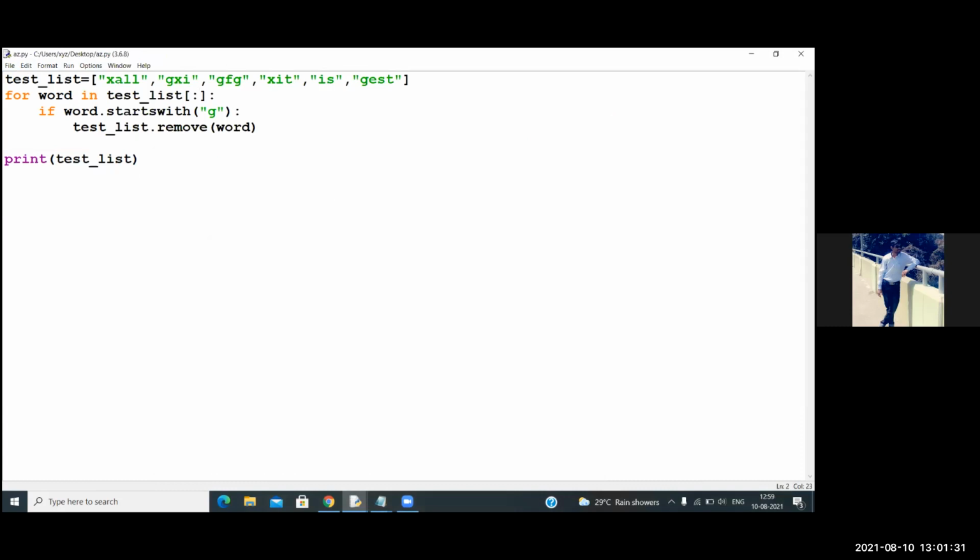I think it is done, right? Yes. The output will be only xol, xit, and is, right? Yes. Okay. So you are not mentioning the test list as the array. And same thing as I told Dolly, print the original list also before the output. So before the for, print the original list also, so that it will be easy to compare whether the problem statement is actually working correctly or not.